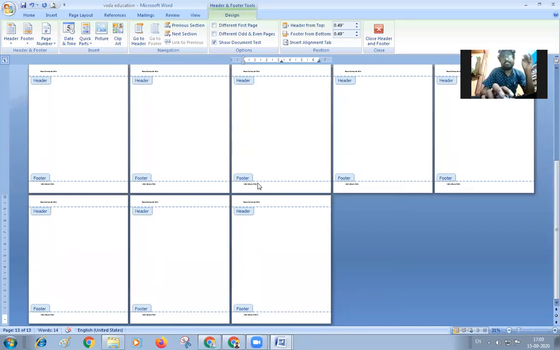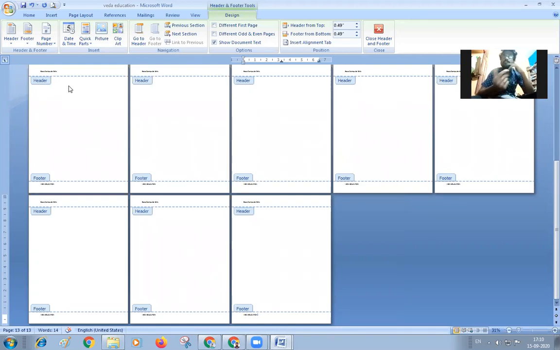When you're writing textbooks, research work, or making your project work, you can use this header and footer to make an identity that this lesson or this topic belongs to this one. If you are going for unit 1, unit 2, unit 3, you can divide the pages accordingly. For every unit 1 page, you give unit 1 as the title, and the name of the unit will be given over there.